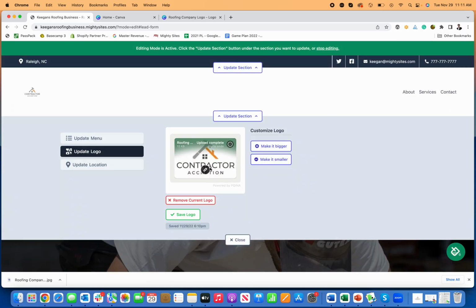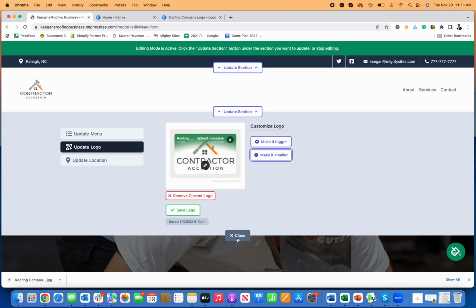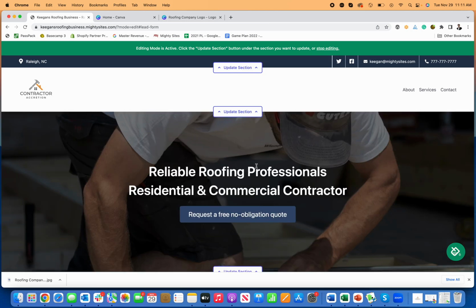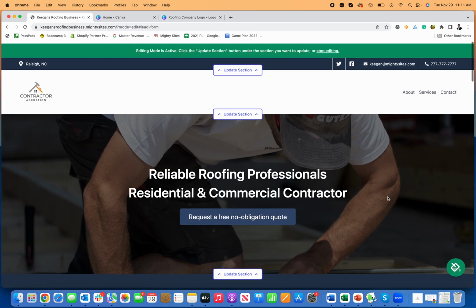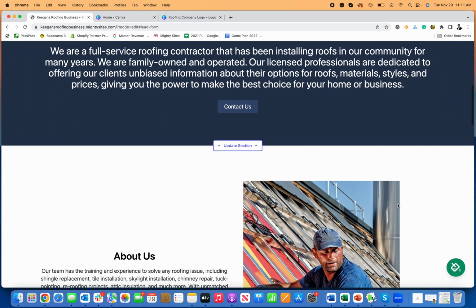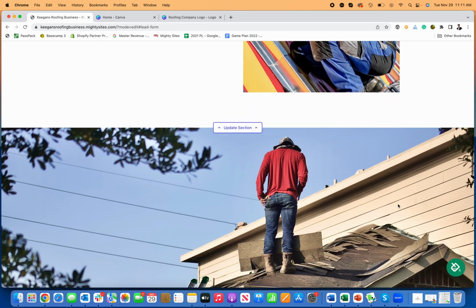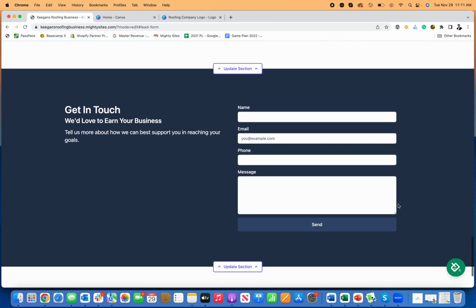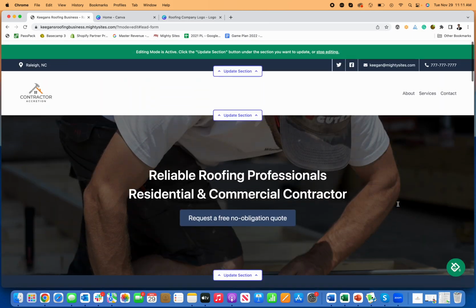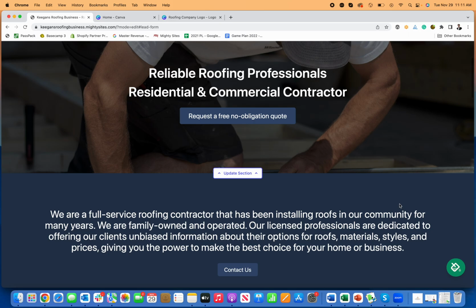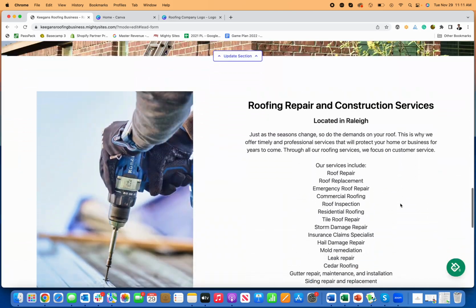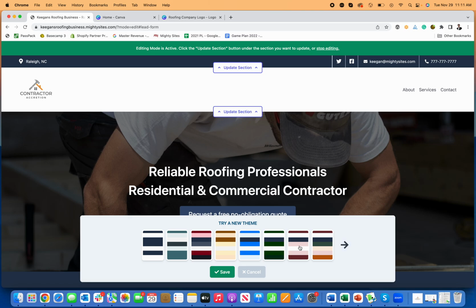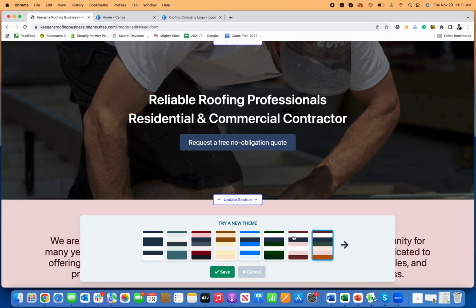And there's all sorts of editing tools when you click on the pencil for your logo or anything else, but I just made those edits. I'll save it. There we go. And now I might even make it a little smaller. Now it's a lot easier to see. So now again, you can see I've got a simple professional website that is really coming along quickly. This is a really simple business website maker. As you can see, part of it is because all the images and stuff are already included, but it's also really easy to edit the text, the links, the images, and just be ready to launch this pretty quick. So if I want to change the colors, I can change the colors just by simply selecting